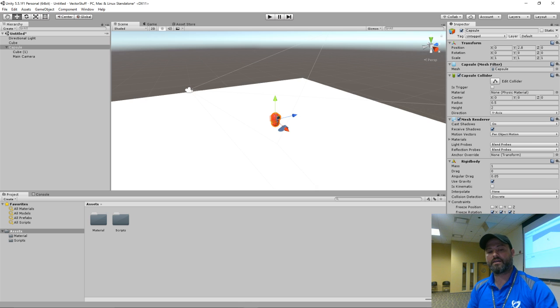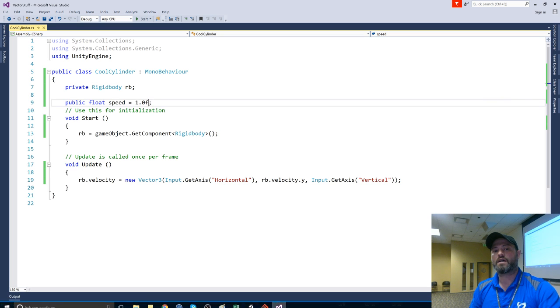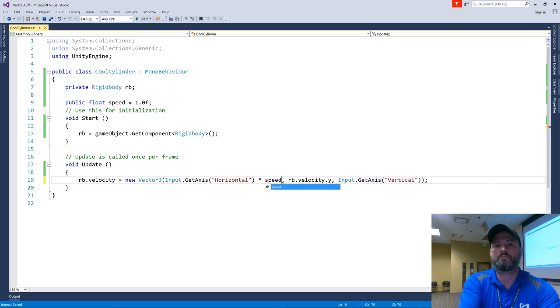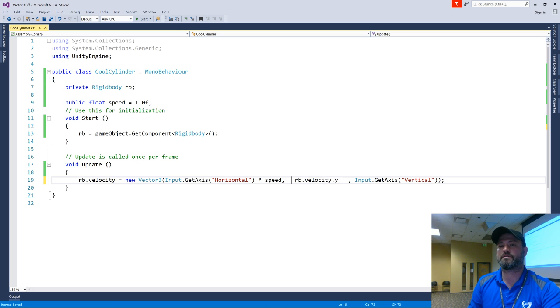So I made that. If I made this 5, it's still not going to do anything because I didn't multiply these values by it. So again, these are -1 to 1. It can be any range between -1 to 1 on the axes. When I'm not pressing anything, it's 0. When I'm pressing D, it'll go all the way to 1 for that axis. So if I multiply this by speed, I still don't care about gravity. Gravity, you do you. You just put spaces around you. You are the y component. And if I multiply this by speed,